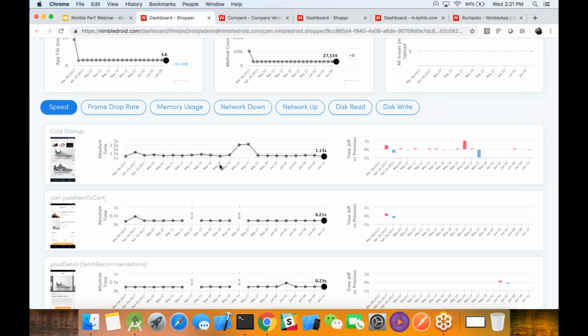Okay, but for this kind of build over build performance testing, in order for it to make sense, you have to have exactly the same situation in this build as well as that build. Otherwise, the numbers won't match up on the trend graph. And so Nimble provides that by having a device farm comprised of exactly the same devices, configured in exactly the same way, sitting on the same network pipe in the same location,